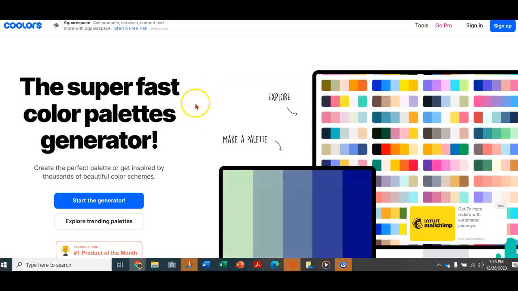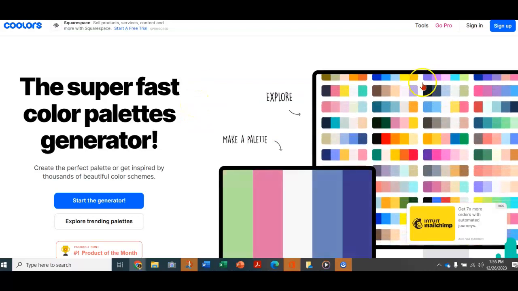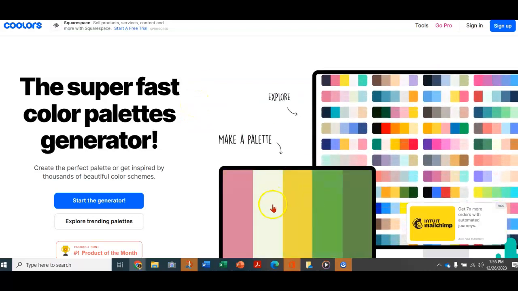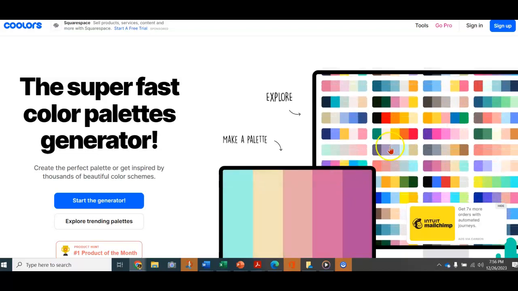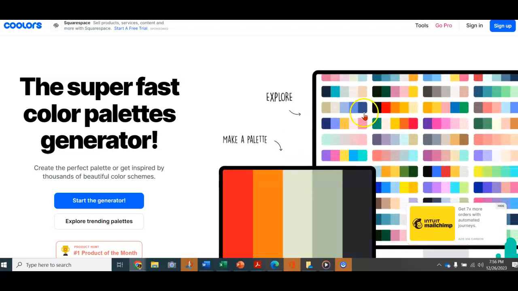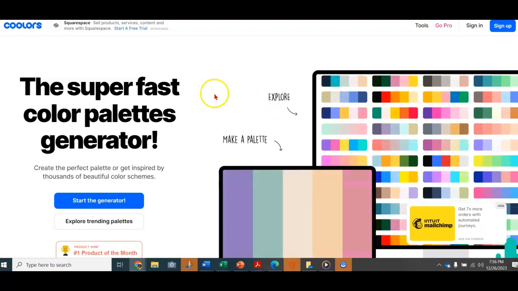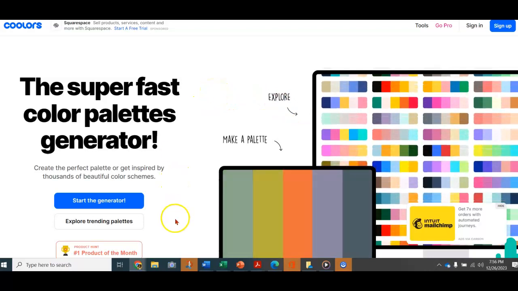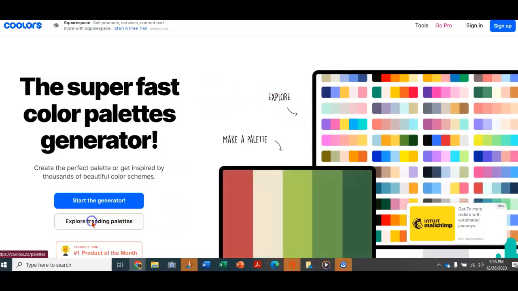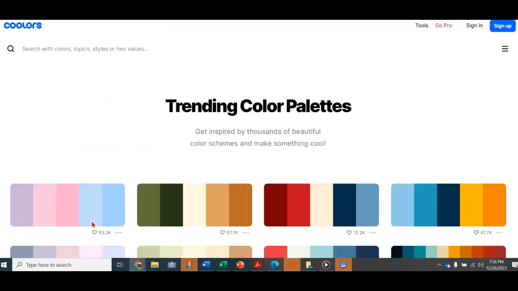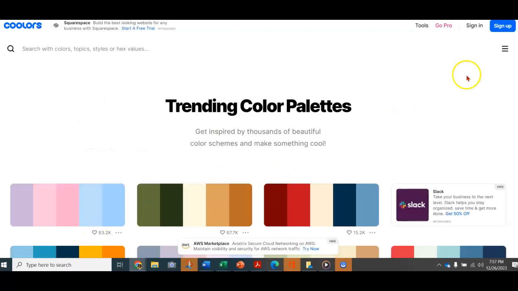Okay, so there's 2 ways to create palettes. One is the Explorer function, and the other one is Make a Palette. We're going to start with exploring, and then I'll show you how to make one as well. But Explorer is kind of fun because the top trending palettes are already there. Okay, so if we go to Explore Trending Palettes, click that button, it's going to take us over to the